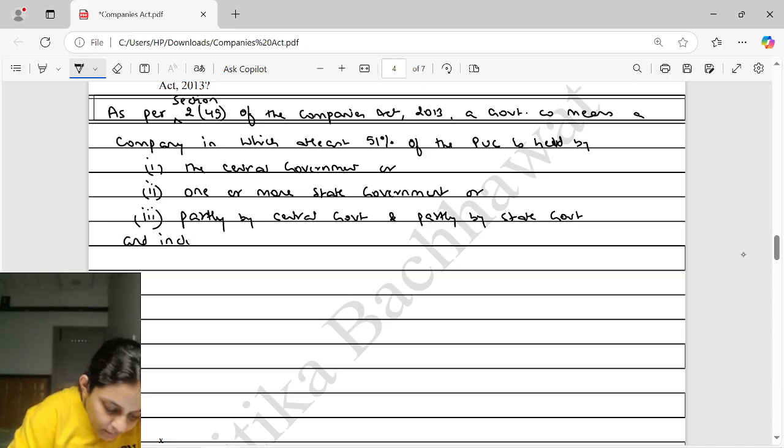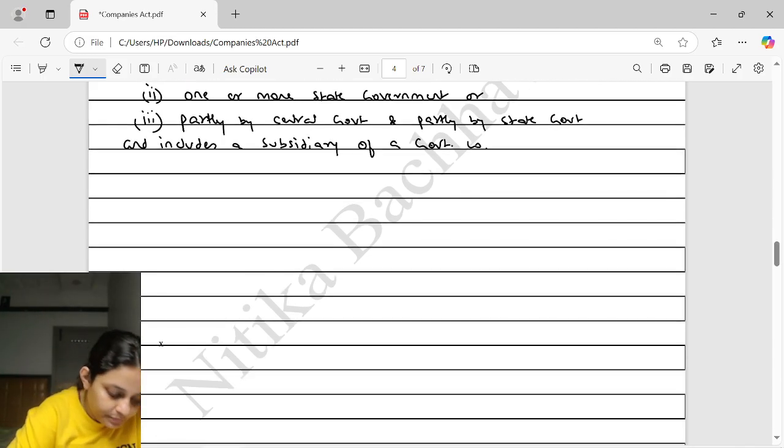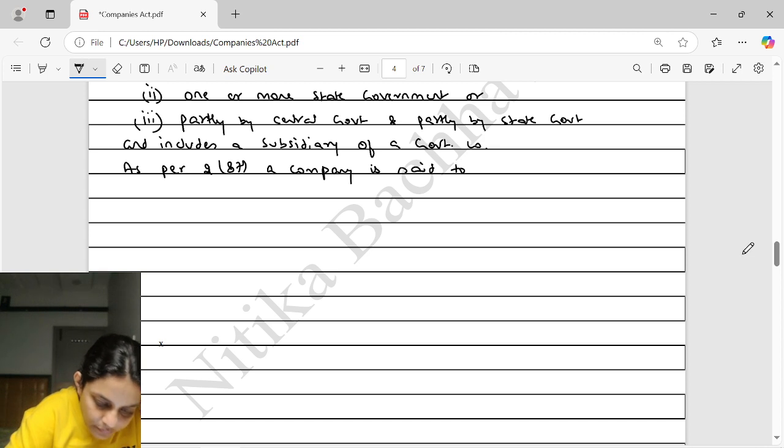And includes a subsidiary of a government company. As per section 2, clause 87, a company is said to be